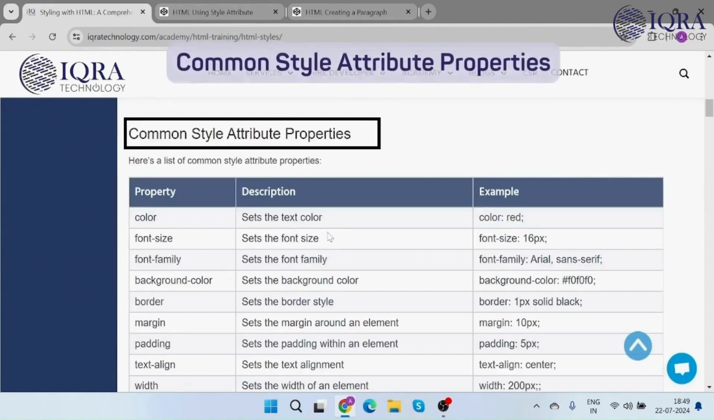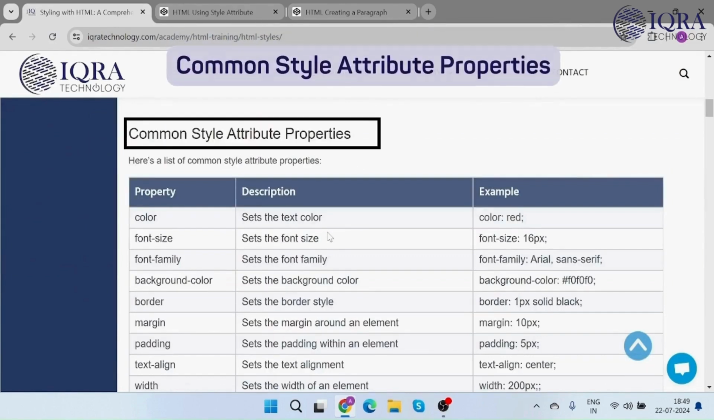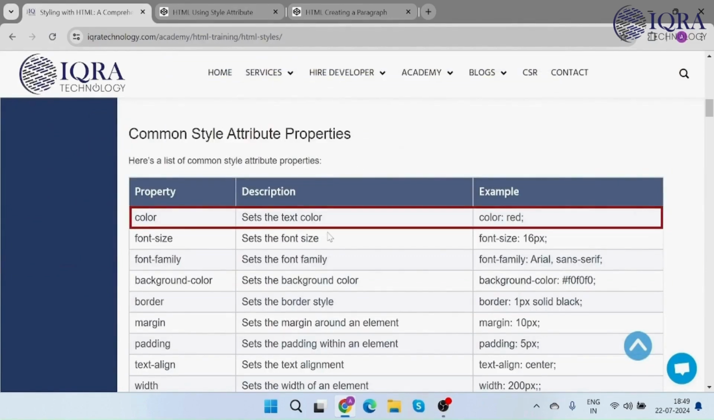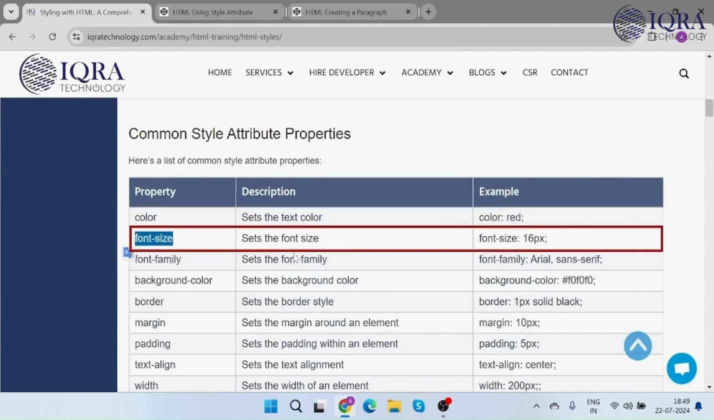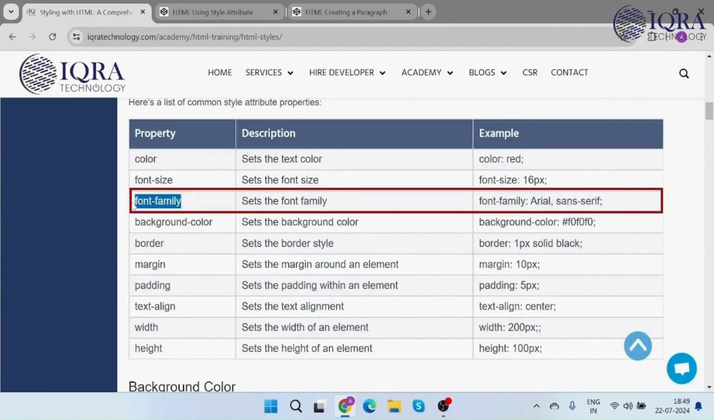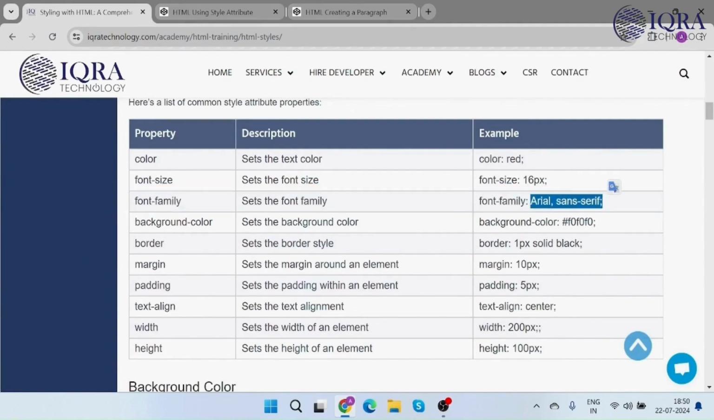Now, let's move on to some common style attribute properties. Color. This property sets the color of text. For example, color red will make the text red. Font size. This property sets the size of the font. For instance, font size 60 pixel. Font family. This property specifies the font type or family, with various families such as Arial, sans serif,